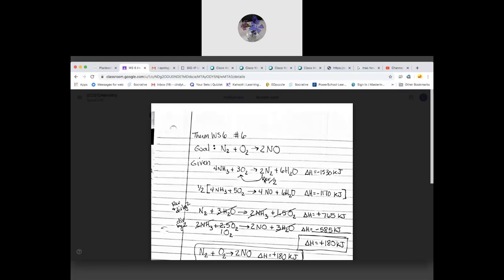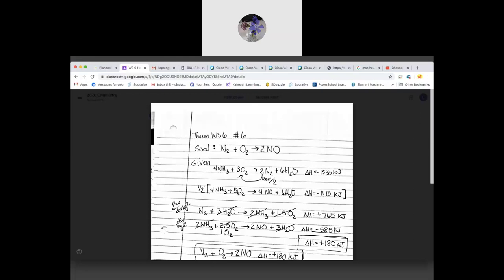And then the other thing I notice is that I have too many nitrogens. But if I divided the whole thing by 2, that would give me the right number of nitrogens. So my plan is I'm going to reverse this reaction, and I'm going to divide all of the coefficients and the heat of the reaction by 2. For this one,